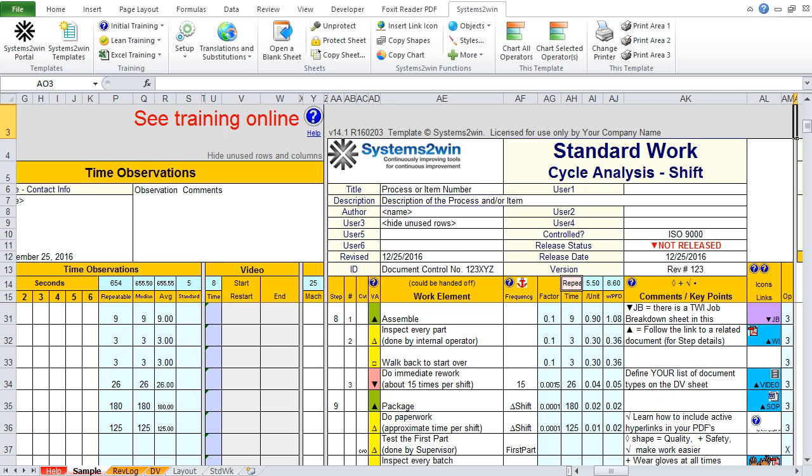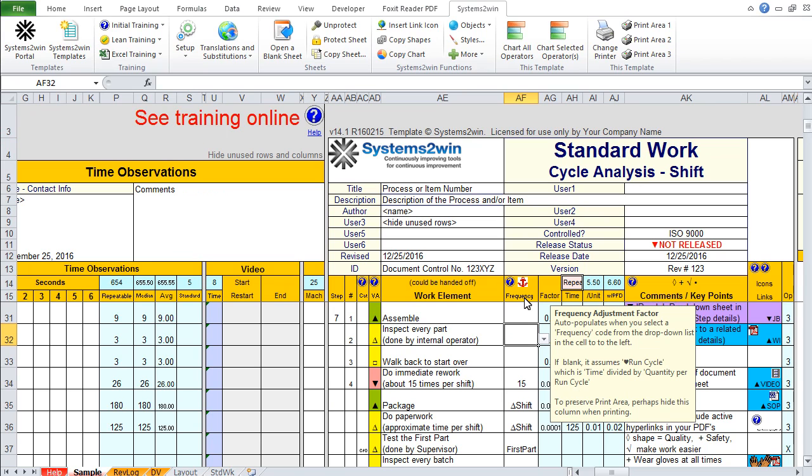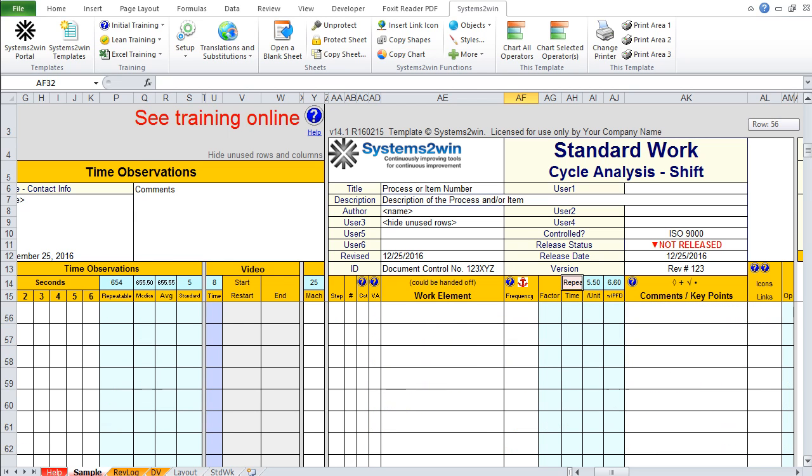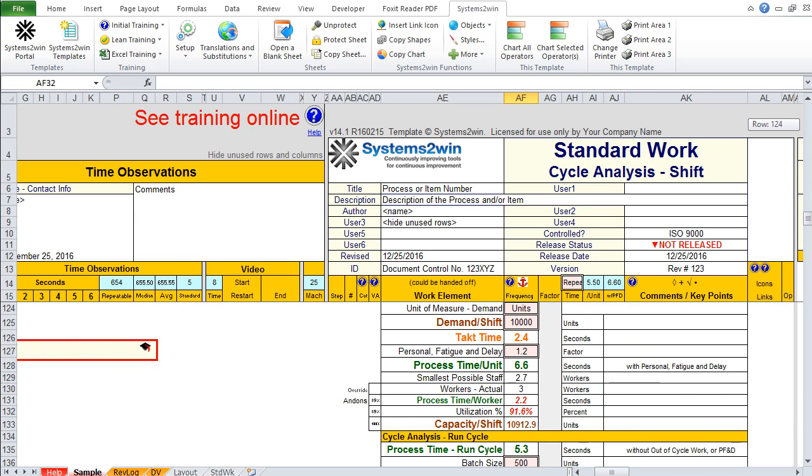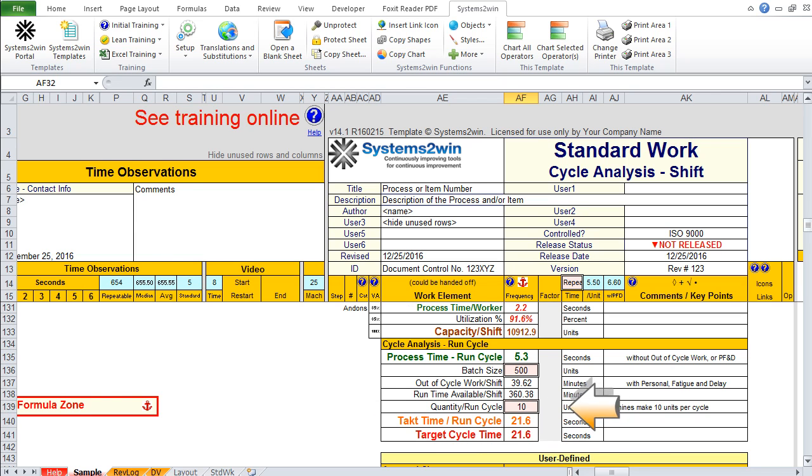So why is the frequency adjustment factor 0.1 instead of 1? If we're doing this every single time, it should just be multiplied by 1, right? Well, actually, the run cycle is observed time divided by quantity per run cycle. So if we scroll down to take a look at the quantity per run cycle that we entered in the pink cell in our initial data, we notice that in the sample data, we're running a machine that stamps out 10 units per run cycle.